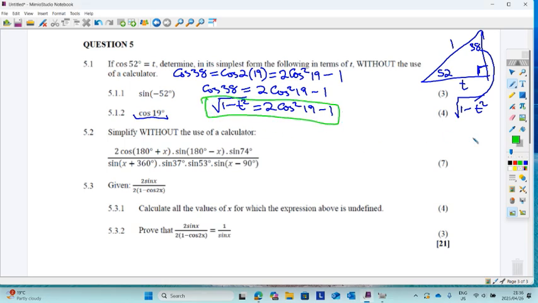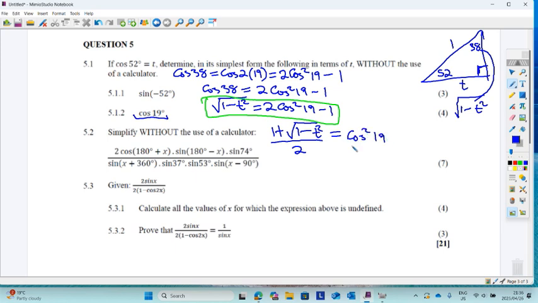That's the expression we are dealing with, and we need to isolate cos 19. That is, make cos 19 the subject of the expression. We do that by taking this one to the left. So if we take the 1 to the left, we have 1 plus the square root of 1 minus t squared, all over 2. When we take the 1, we are left with this 2, and we have to divide both sides by this 2 also. So we will have over 2, and that is equal to cos